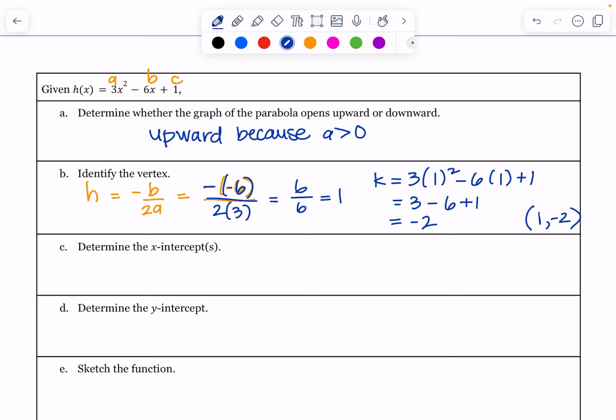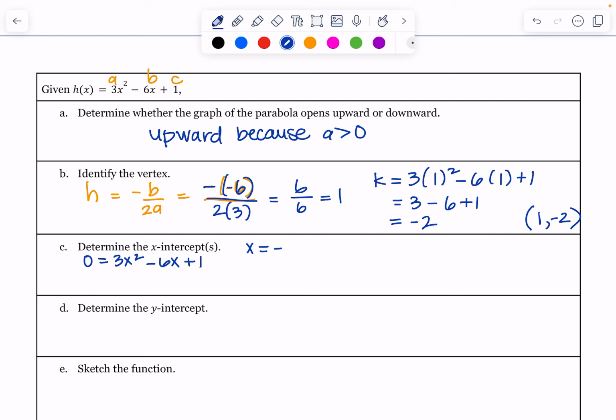For x-intercepts, we're going to plug a 0 in for y. So that would be 3x squared minus 6x plus 1. There's a lot of different ways to solve this. We could factor it. I think this one does factor. Actually, no, it doesn't. Maybe. No. Okay, so we can't factor this one, so we're probably going to have to do quadratic formula, which we've learned before. It might have been a while, so go slow if you need to, or go back and review